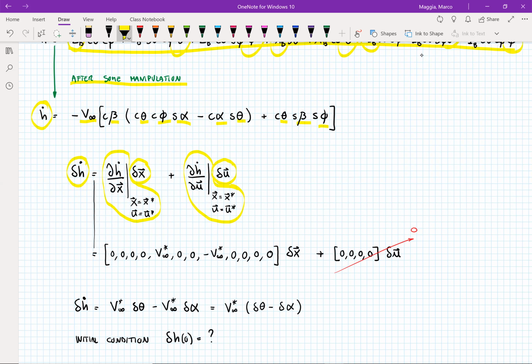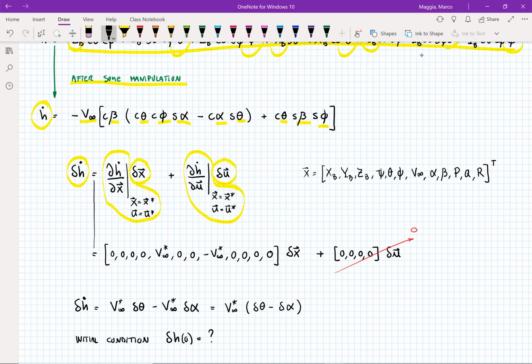So we can find that given the order that we used last time. So we're using X as xb, yb, zb. And then we have the Euler angles, psi, theta, phi. And then we have V infinity, alpha, beta. And then finally, the components of the angular velocity, p, q, and r. So if we use the state vector in this order,